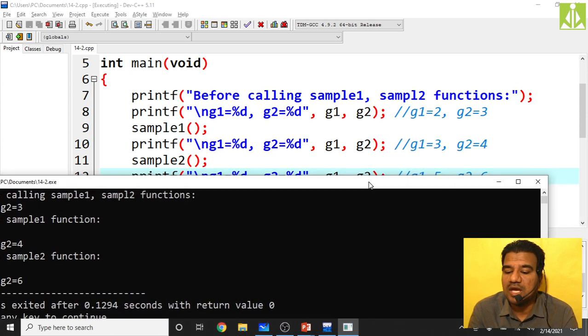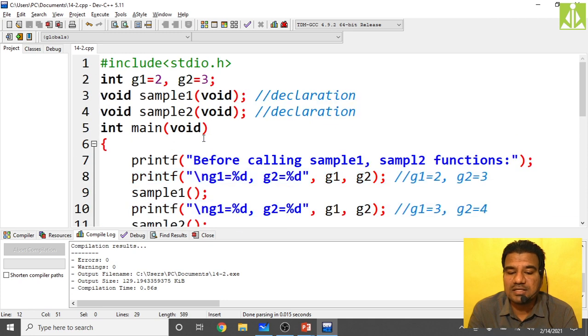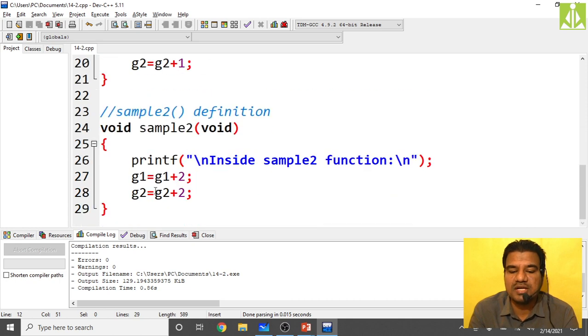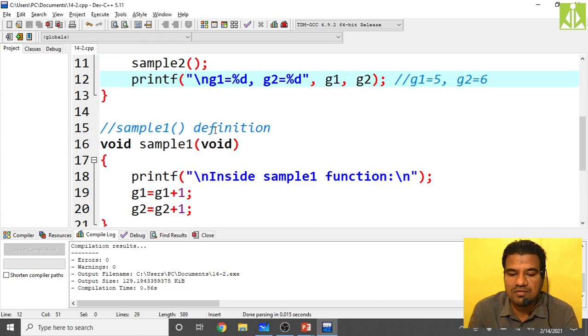So in this way, global variables are accessible. As you can see, we are accessing G1, G2 inside the main function, inside the sample1 function, and inside the sample2 function also.